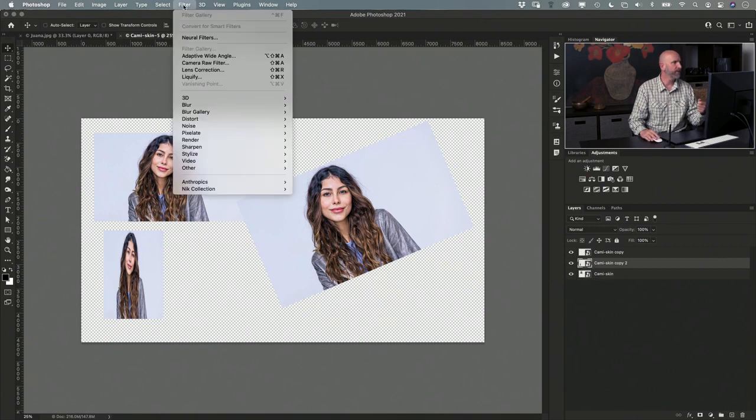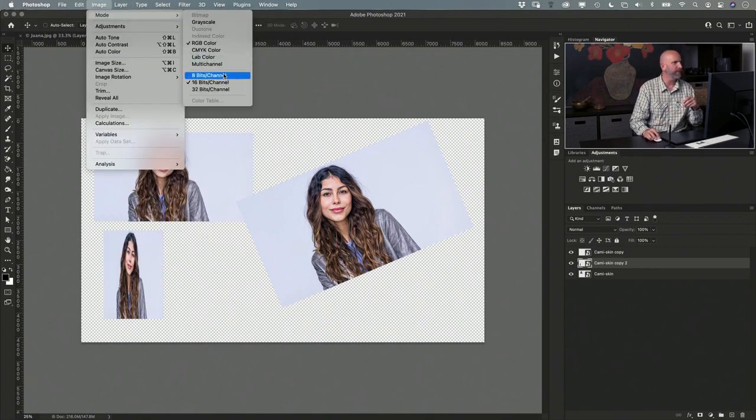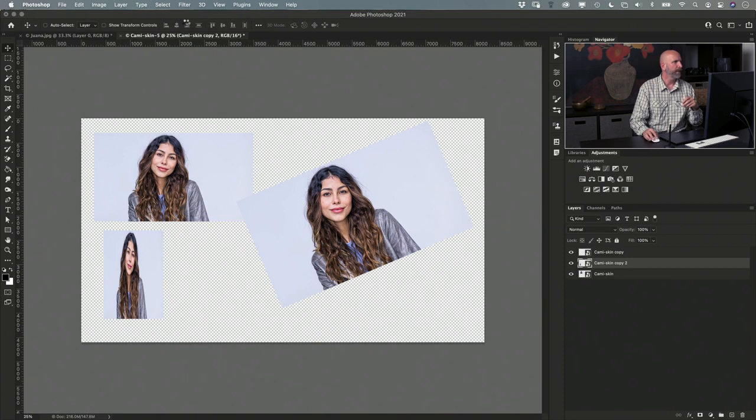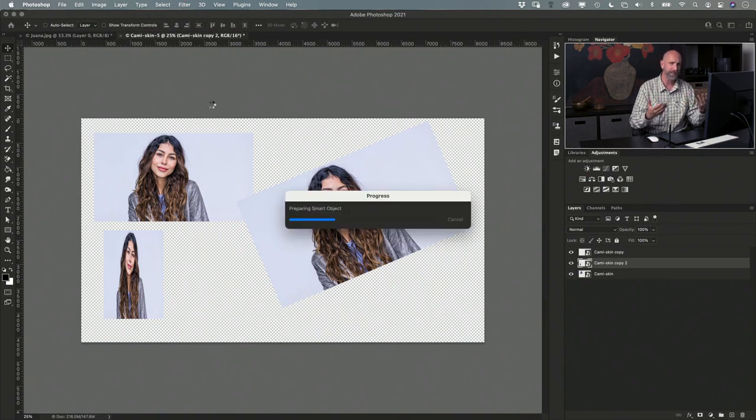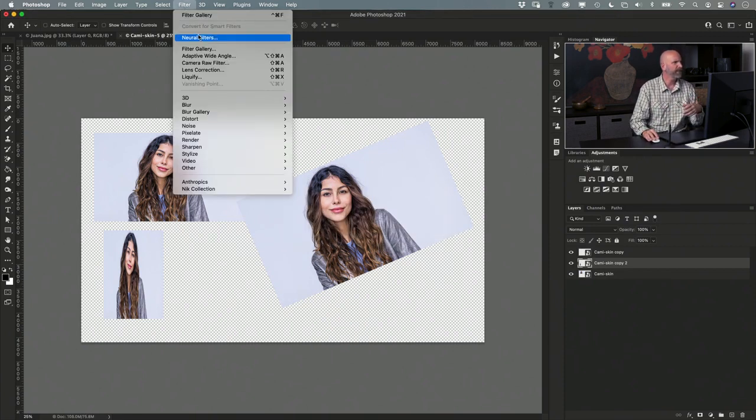So I can go up to Filter. And remember, we need to be in 8 bits to do a lot of these filters. So I'm going to change this to an 8-bit mode. And now I'm going to go up to Filter once this smart object has been updated. It does take a little bit of processing power. So I'm going to go up to Filter, and then let's go to the